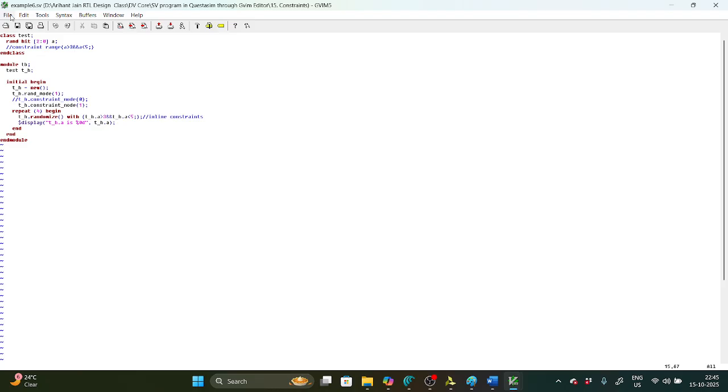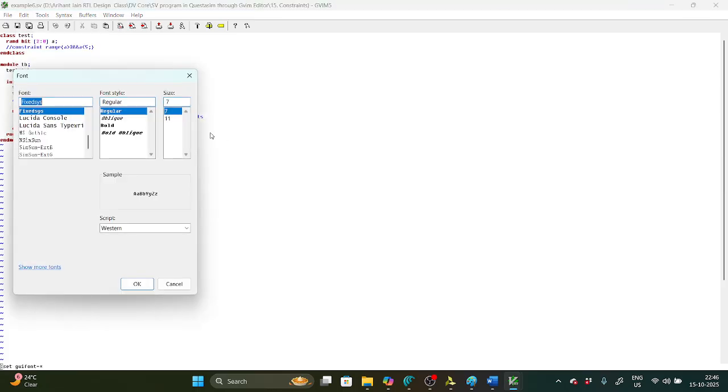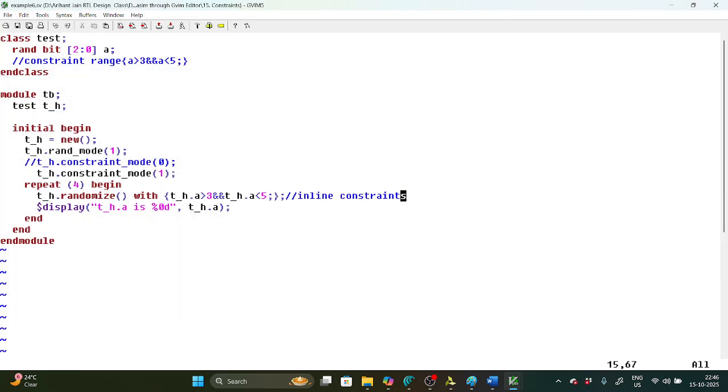So this is the inline function. Here you see: class test, with rand bit [2:0] a, and end class. Then module tb, and test is the handle. Initial begin, and creating the object. After that, t_h.rand_mode(1). Mode 1 I am doing, and first I am checking whether my inline randomization is a success